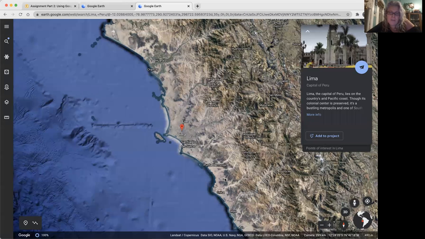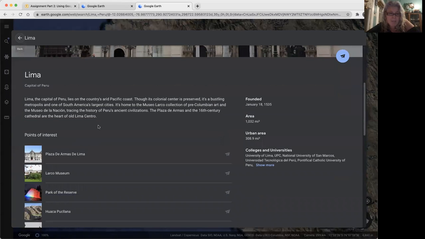Okay, so Lima, that's our next location. You're gonna put your cursor over the pen drop. You're gonna get your coordinates here. 11 degrees, 59 minutes, and 24 seconds south. Even if you have 12, you see how I just moved it a little bit? As long as you're in the ballpark, you're good. If you're way off, nah, something's wrong. So make sure you're in the general vicinity with your cursor. Write down the coordinates here in the right-hand corner. That's your coordinates. Then remember, you're going to go to the box here. Click on more info for the city synopsis.